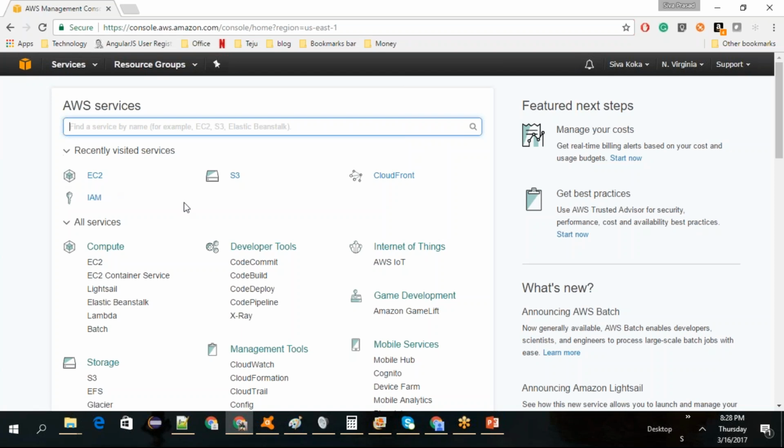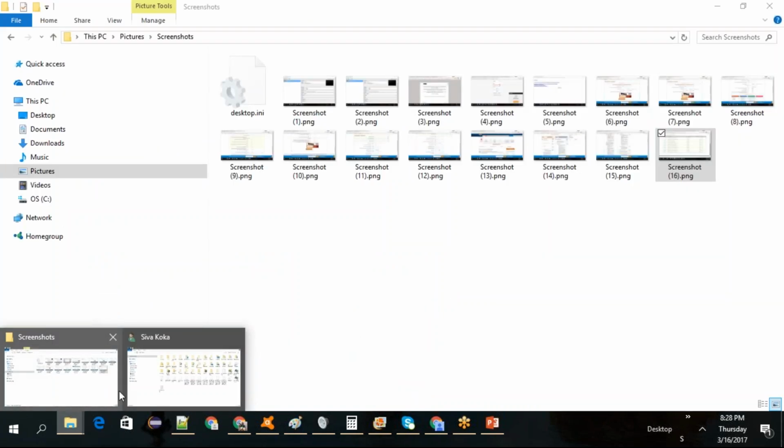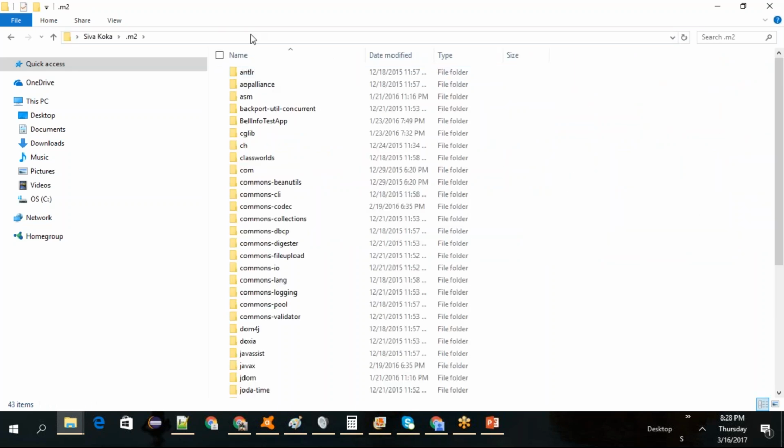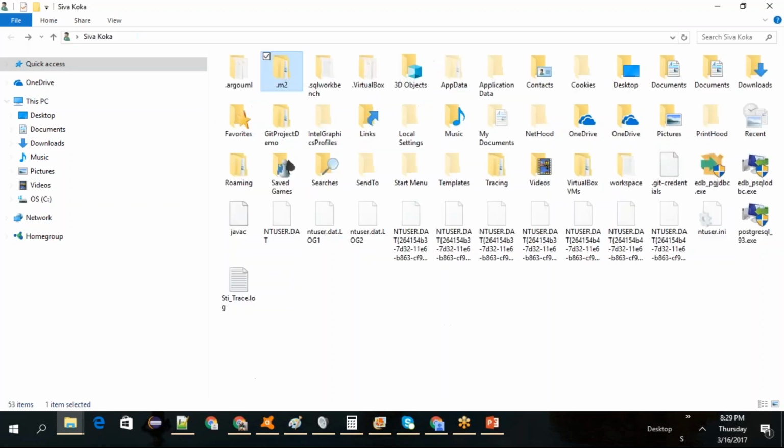And then S3. S3 is literally your laptop folders. How do you store the data? Where is my M2? It is in C users kaizen .m2. These are the folders, right? And then inside, what we'll have, let's say